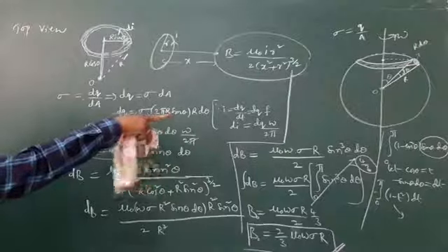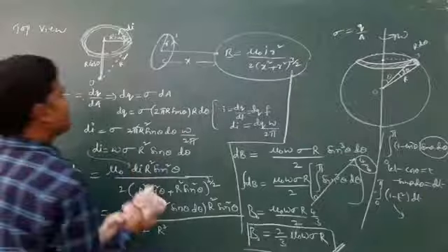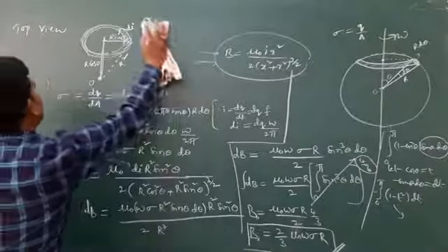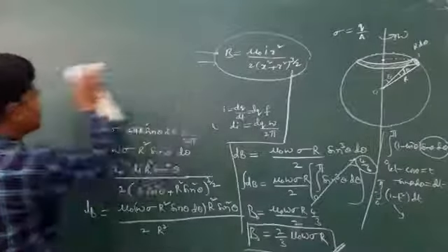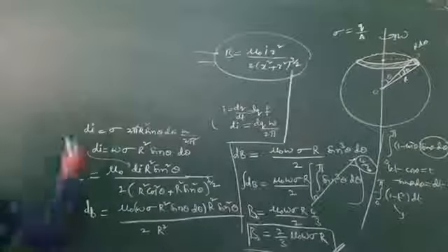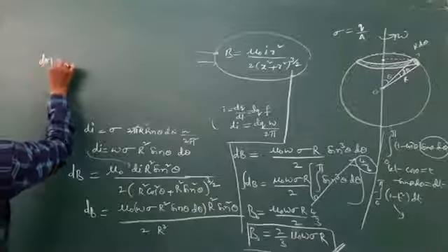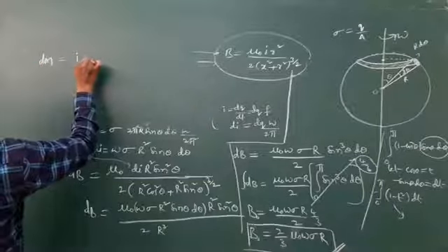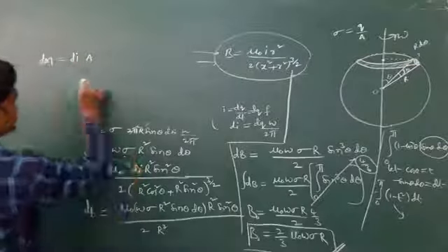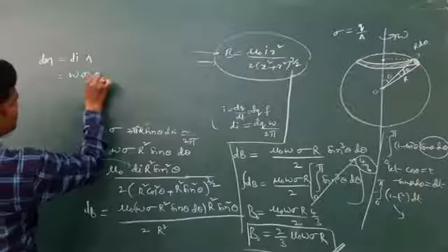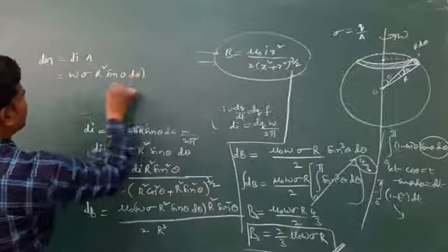See, here charge, everything is clear. I have written with steps to try to understand each and every step. Now see, let me write the magnetic dipole moment, only one step, so directly we can get the answer. Dipole moment is nothing but I into A. Due to a small part, dipole moment is dI into A. So what is dI? dI, just now we got, is omega sigma r square sin theta d theta.